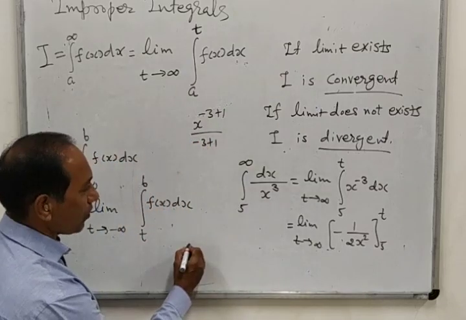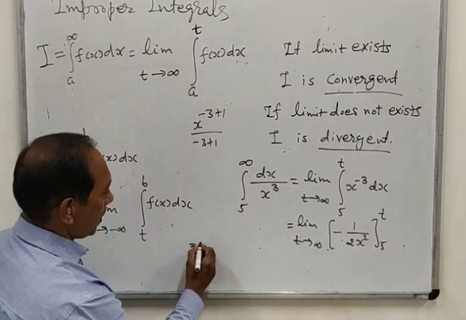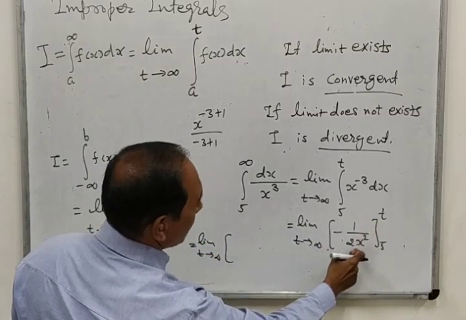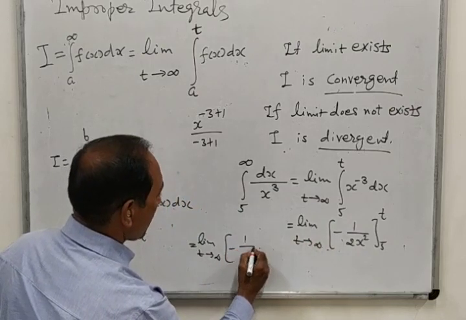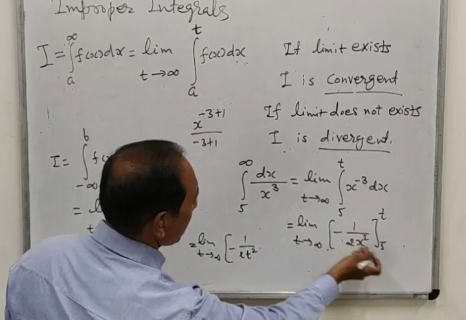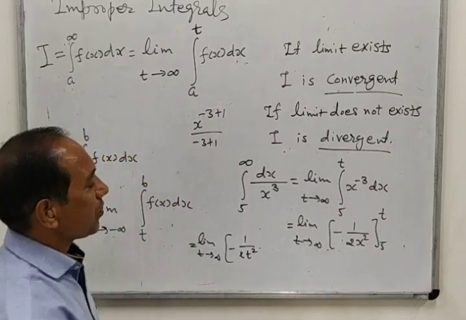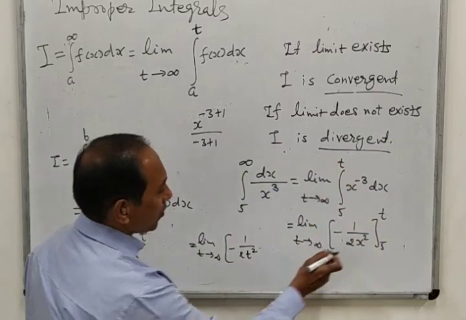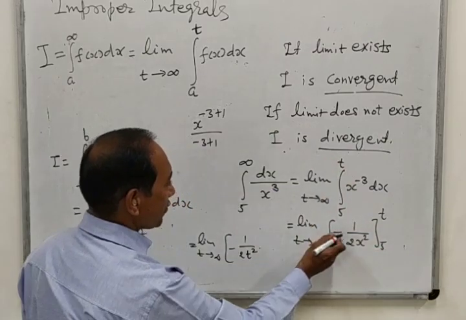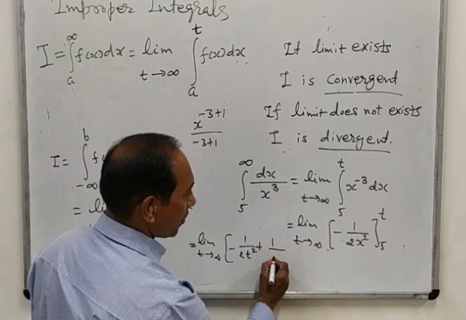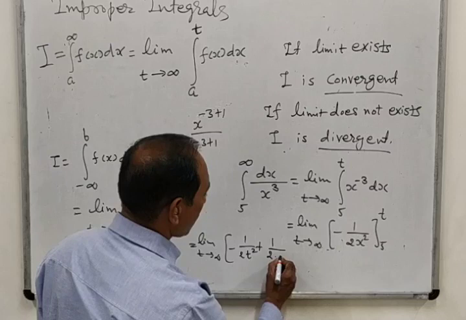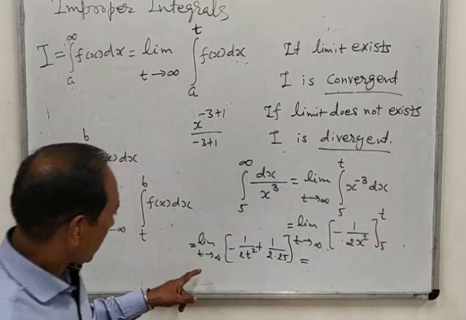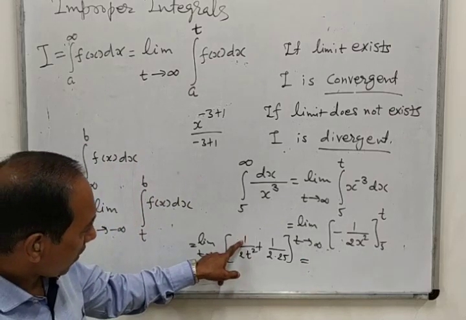So this is equal to, continuing over here, limit t tends to infinity. First we will put the upper limit t, 1 upon 2t square. We are replacing x only by t because we have integrated this by x. So these are the values of x. Then we will put the lower limit. Due to the lower limit, a minus sign will come, so minus minus will become plus, and here 1 upon 2 into 5 square means 2 into 25. Now if we put the limit t, then 1 upon t square means